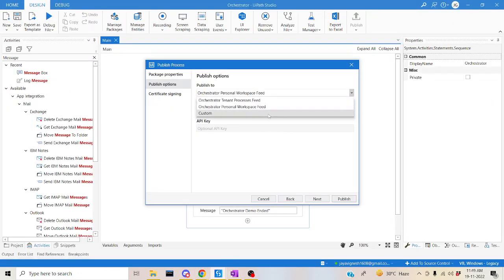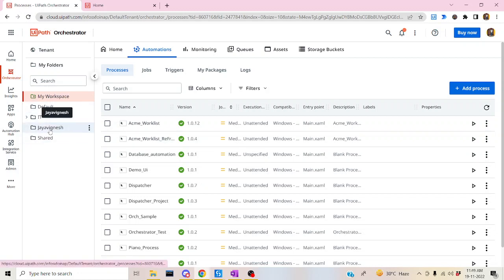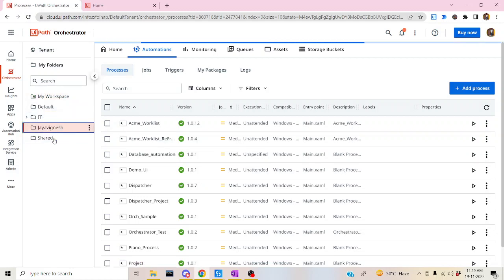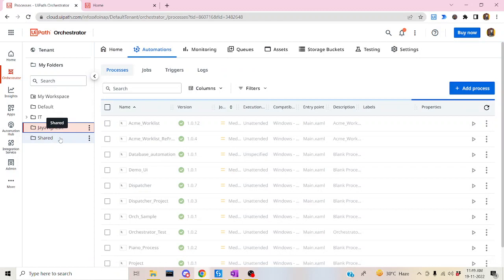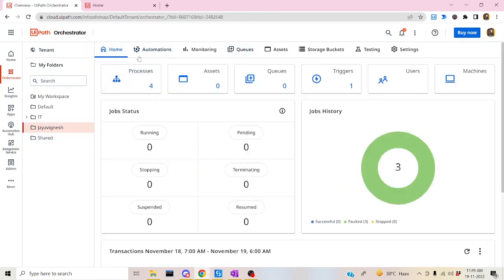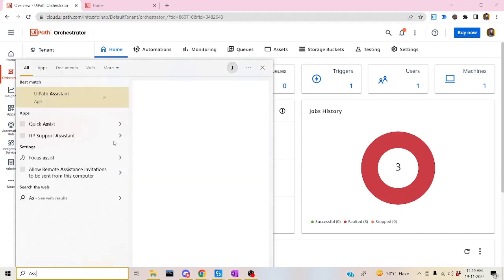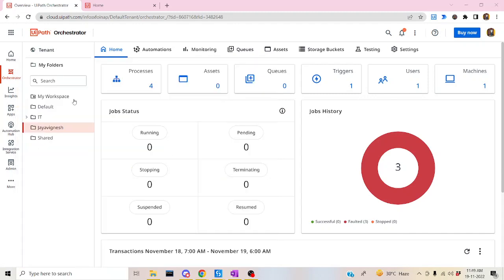And one more option is called customize. For customize, you have to provide your particular folder path over there. Let's assume you're going to this particular folder, and you might have created a dedicated machine over there. You can click on home, and you might have created a machine for this particular folder. In the assistant, instead of the URL, you have to connect with the